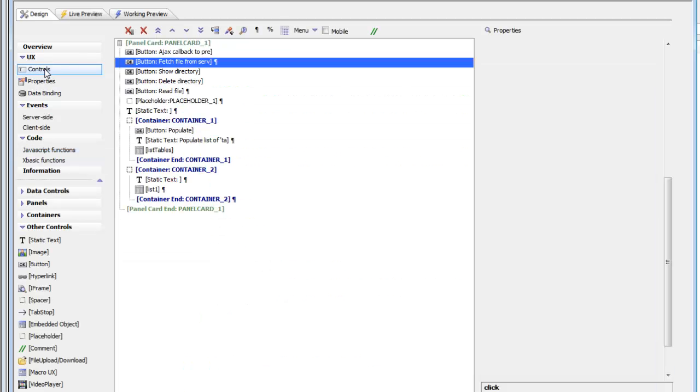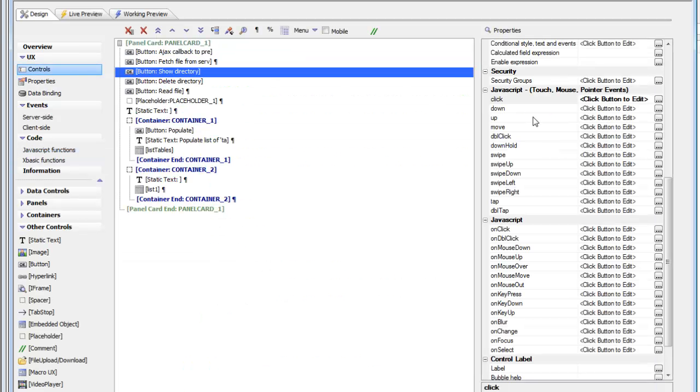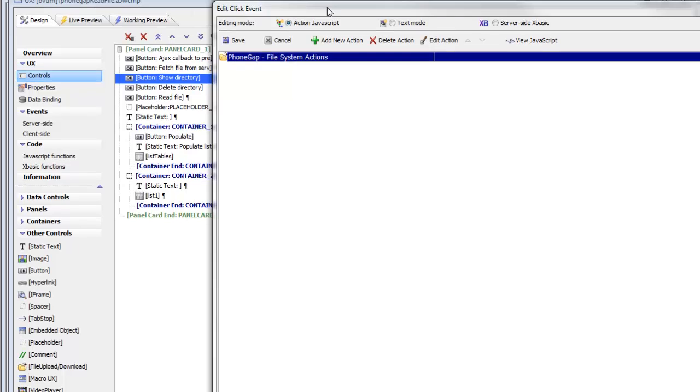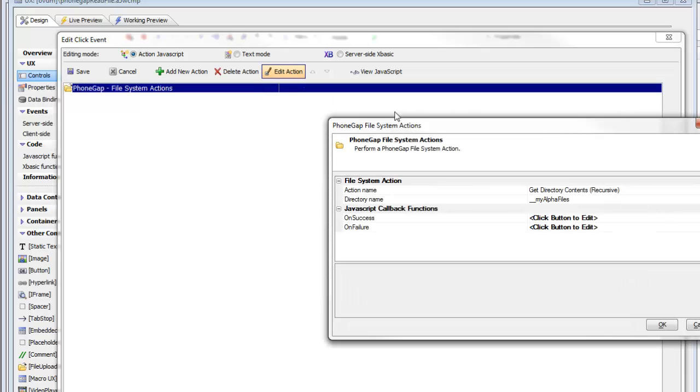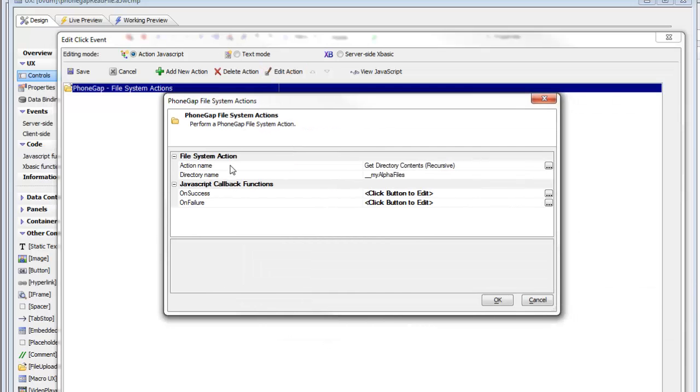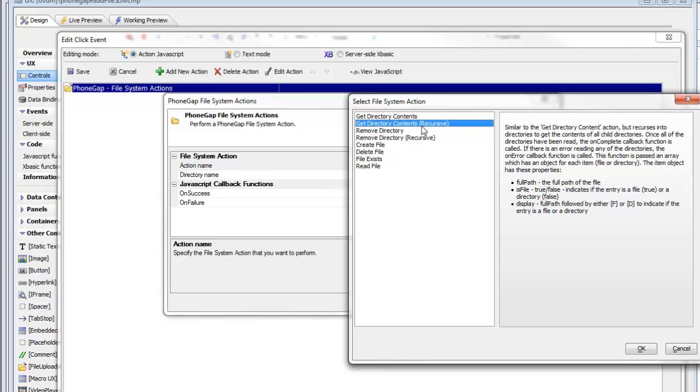So let's first go to the show directory button, and you can see that that was again done with action JavaScript. So from action JavaScript we chose the file system actions, and the action that we chose was get directory recursive. So that's going to basically get the contents of all subdirectories as well,